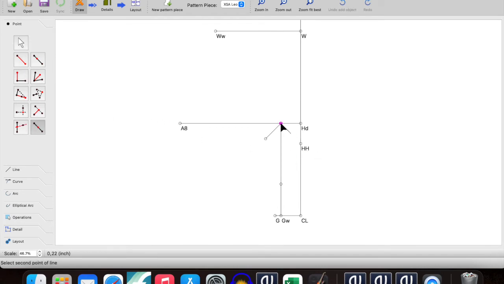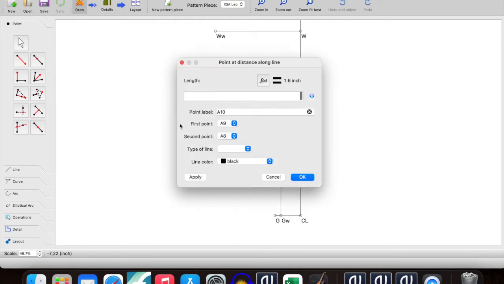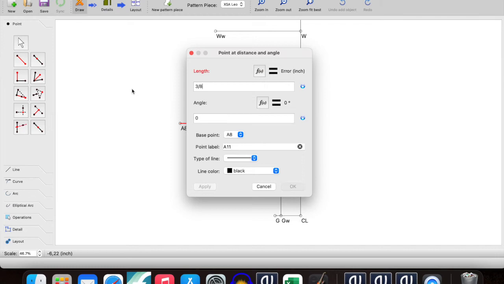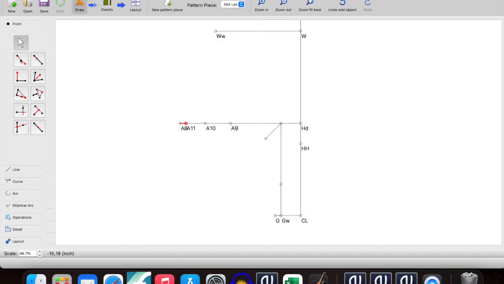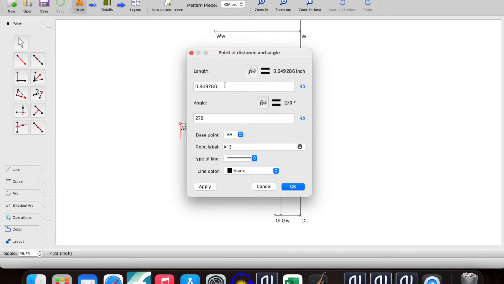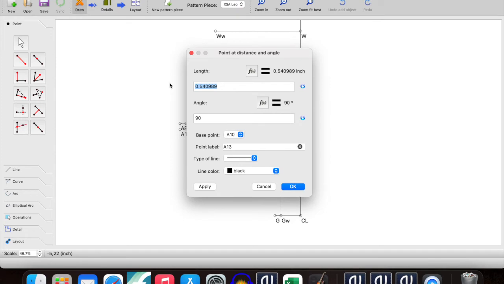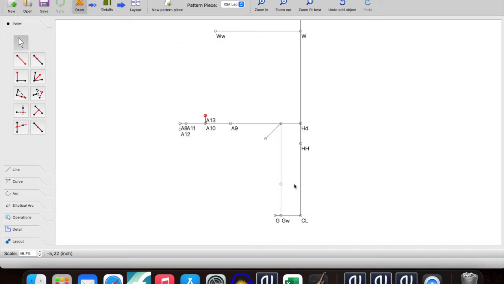So I want to take this in half, yes, and then I want to take this side in half, yes. Nope, not enter, just hit OK. Then I'm going to come in 3/8 of an inch on this side. Come down 3/8 of an inch on this side. And then up 1/2 inch from here. Okay, so now